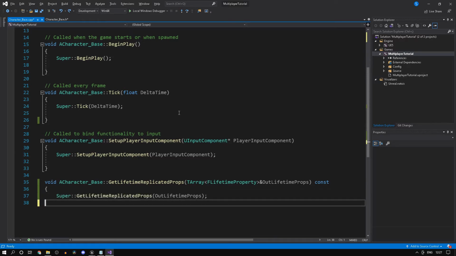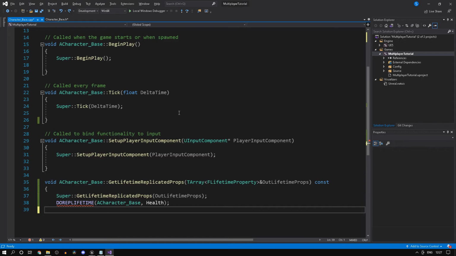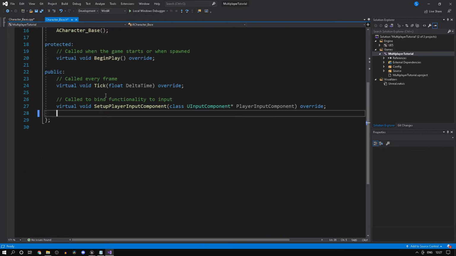Now let's just type in DOREPLIFETIME. So we can type in our character's name, ACharacter_Base, comma Health, and let's create our health variable over here, which we haven't actually done.